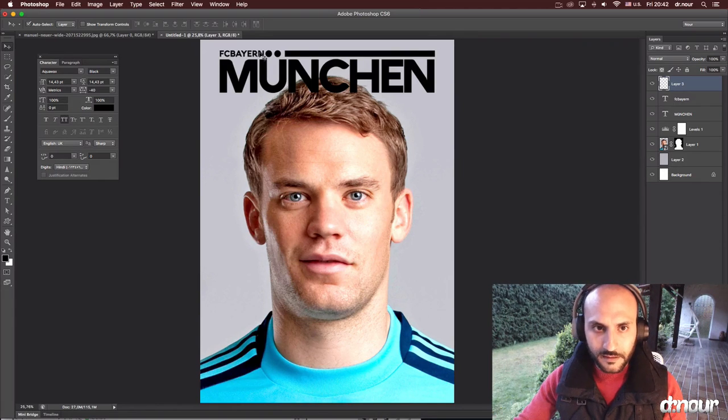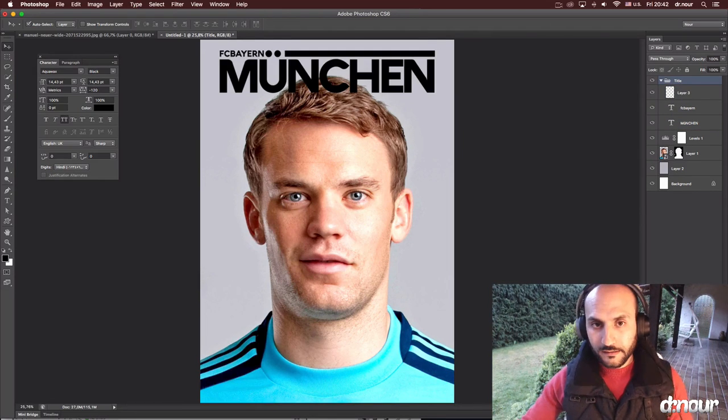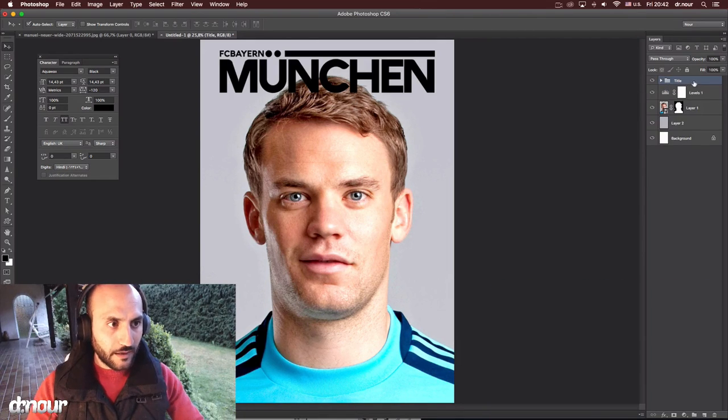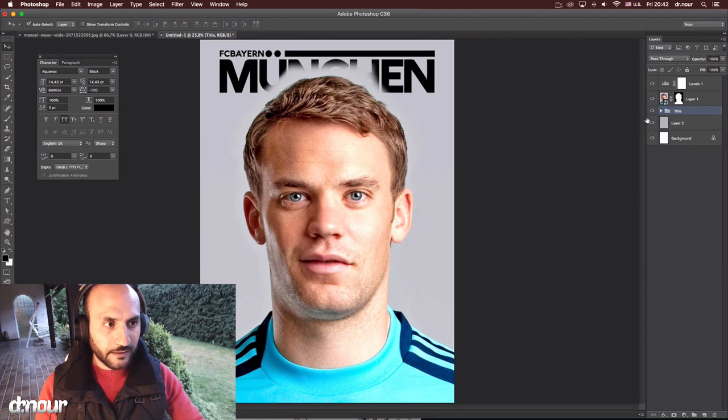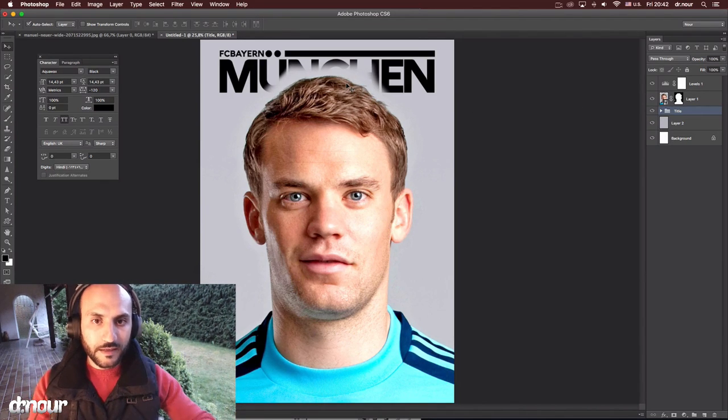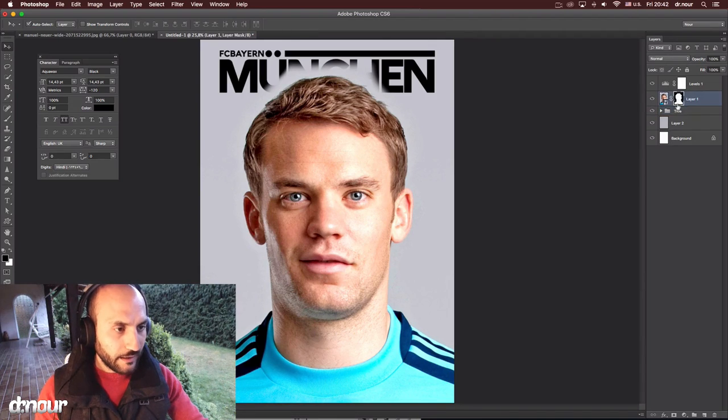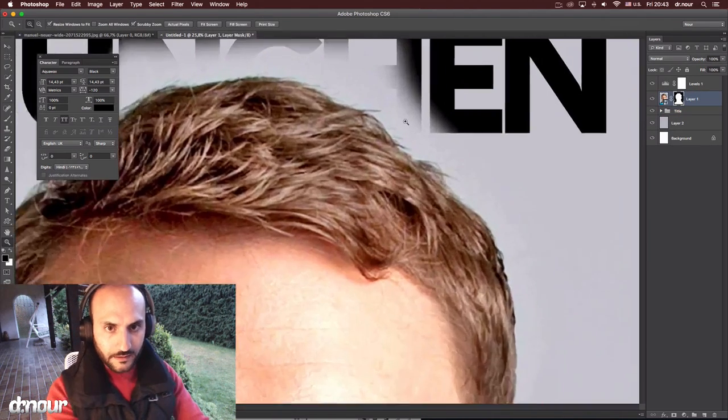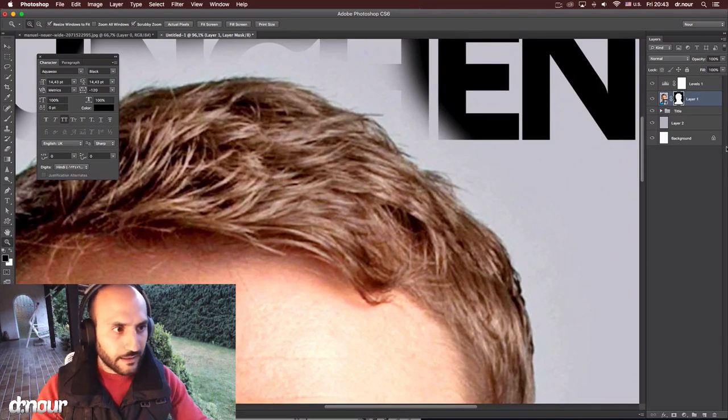I will leave it here, but I will shrink everything and put them in a group. Why did I create this group? Because now I want to hide this title behind the head. If I just took the layer and put it behind, I can see it's going behind the head already, but because it's masked in a not professional way, it's not good. But I can just work on this mask, or I can create a mask for the group. You can choose any way you want. That's your choice. So if I just go to the mask here, let's say